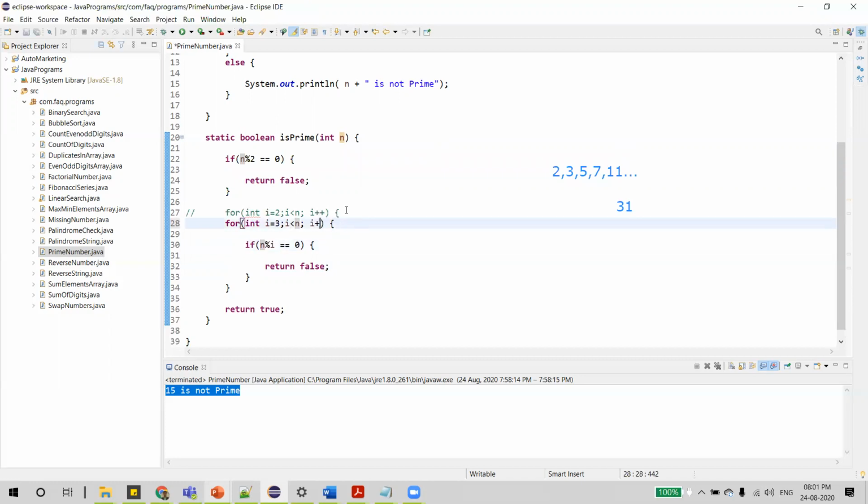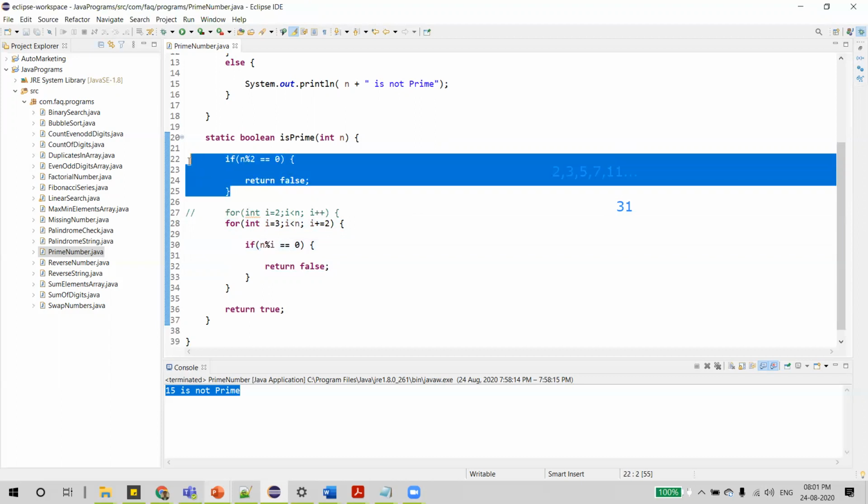So what we can do here is just increment I by 2, so that we only verify dividing the number by odd numbers. The logic here is that if it is really divisible by any other even number, 4, 6, 8, 10, or any other, then it will definitely be divisible by 2 as well, and will return false here itself. So we don't want to check that condition.